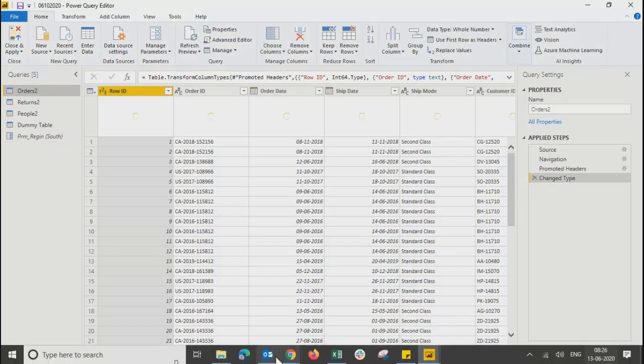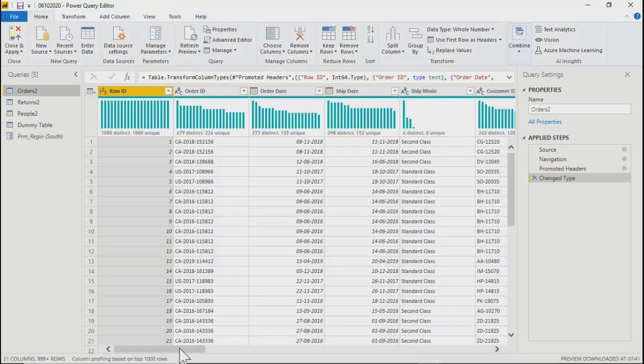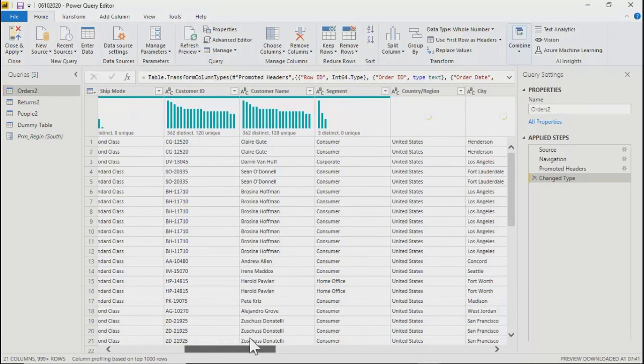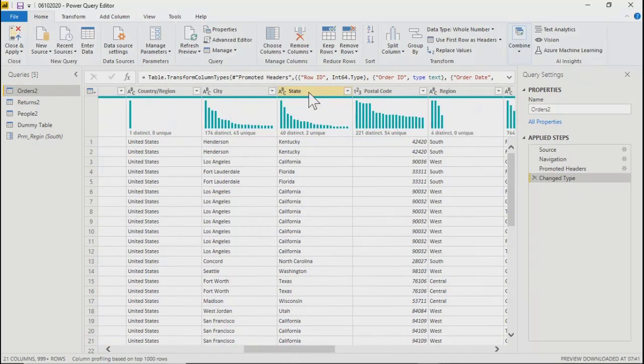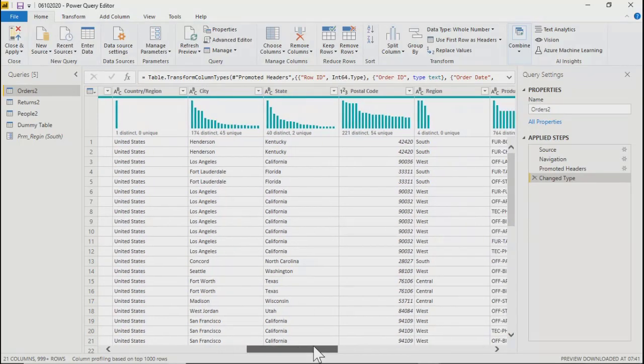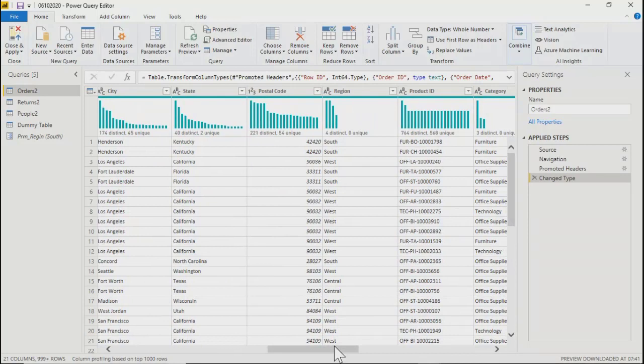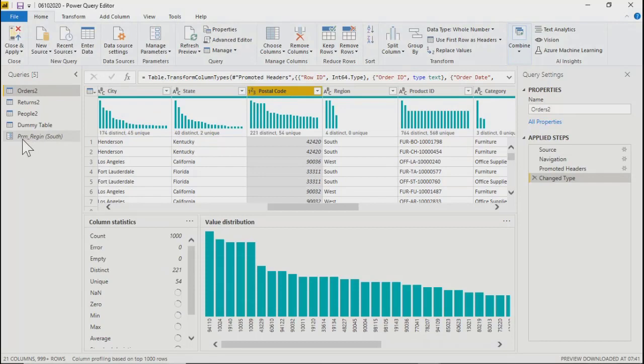Over here, I need to make a relationship between my parameter and the region field, because I created it for the region field. You can use the same parameter in multiple fields and multiple data sources, but the main requirement is a valid relationship. If you created it on postal code, but the values defined in the parameter region are not related to postal code, it will not filter or control anything. There will not be any impact. So you need to use it in a field which has the appropriate values.